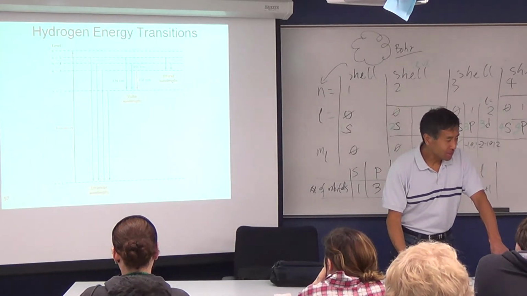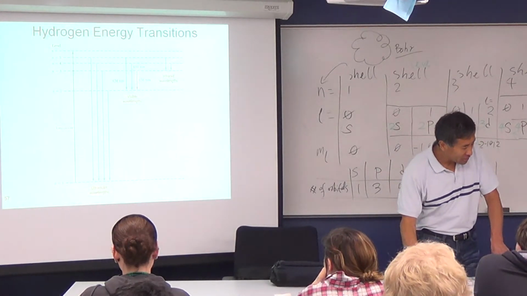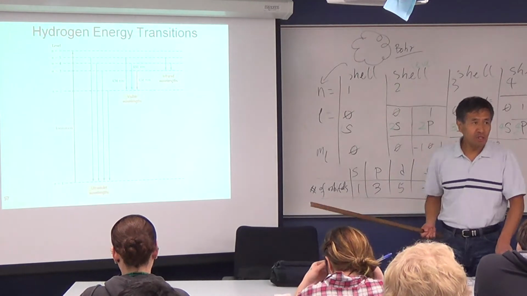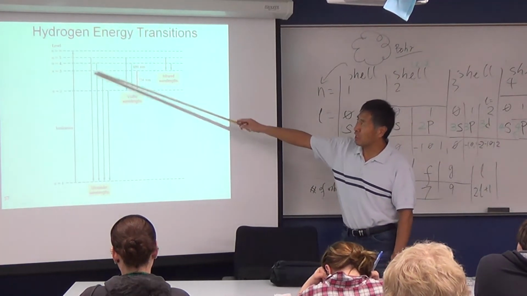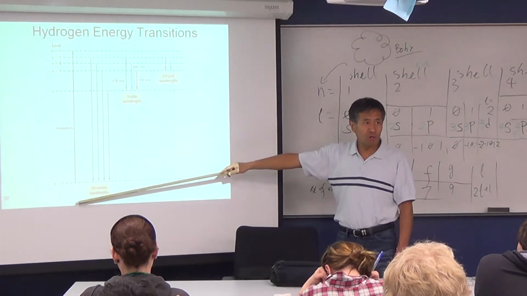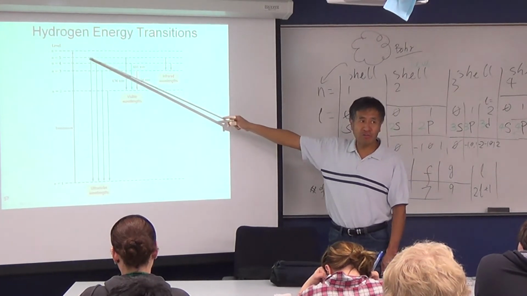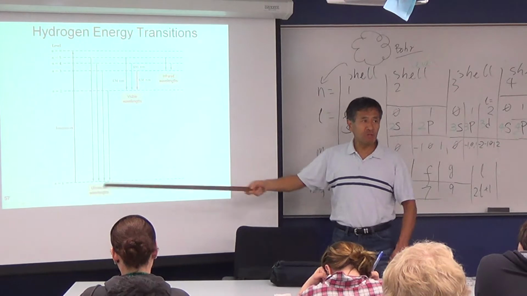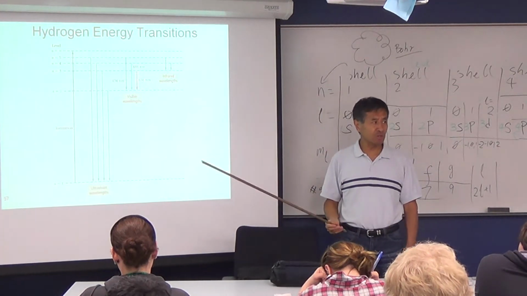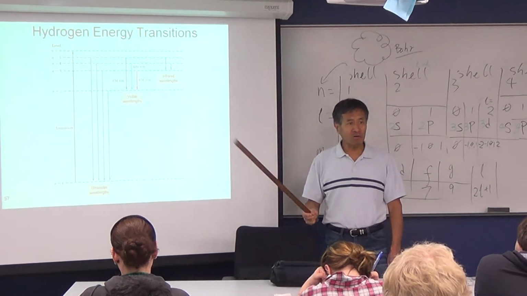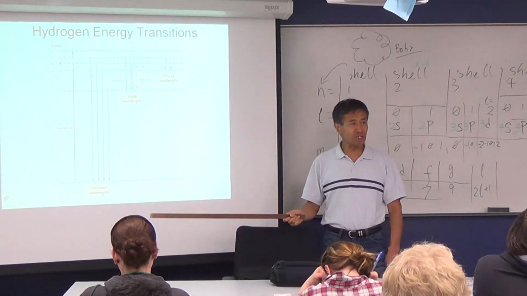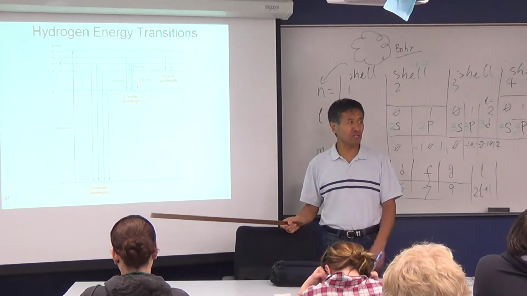Right. So this again shows the emitting process. All these arrows here, you draw from higher to lower. If you have the arrow going from higher to lower, that means you're emitting energy out. That makes sense? Emitting energy out means that when you do the calculation, your energy delta E is negative.